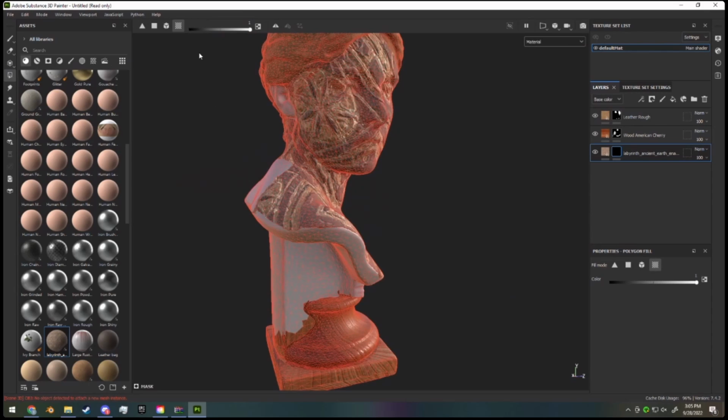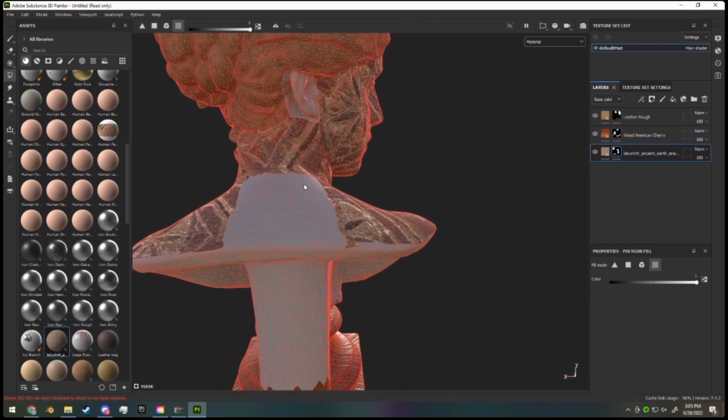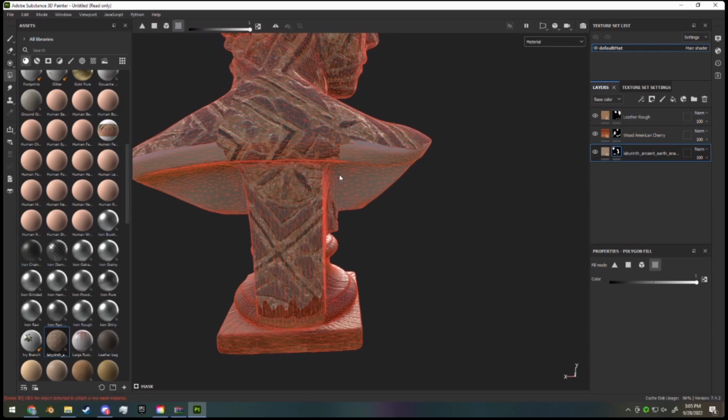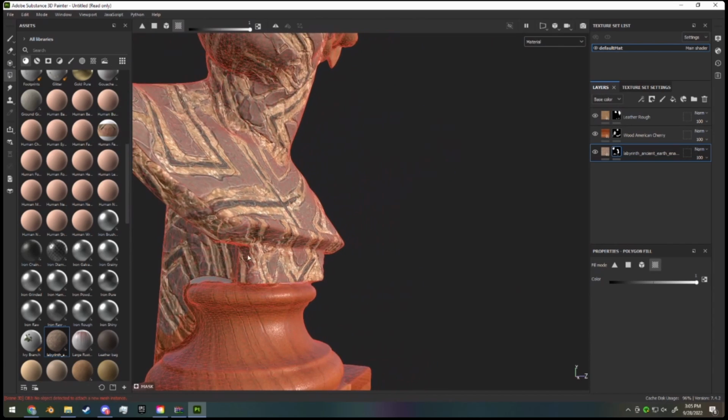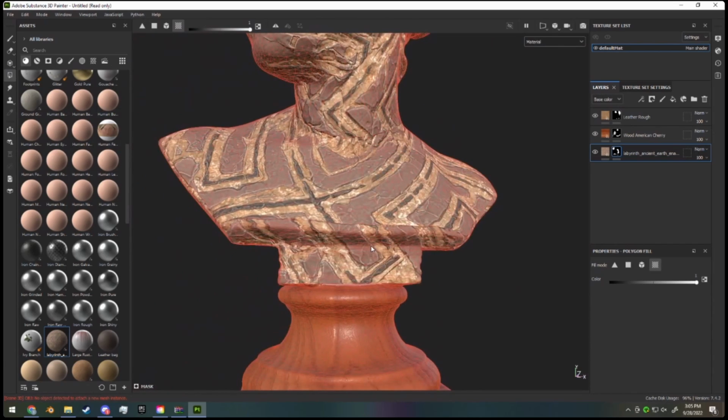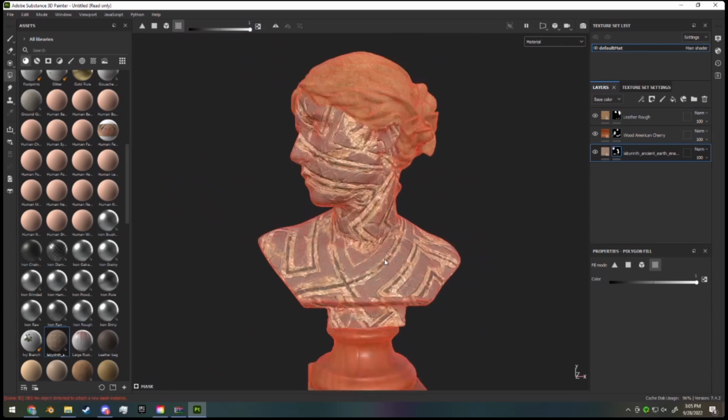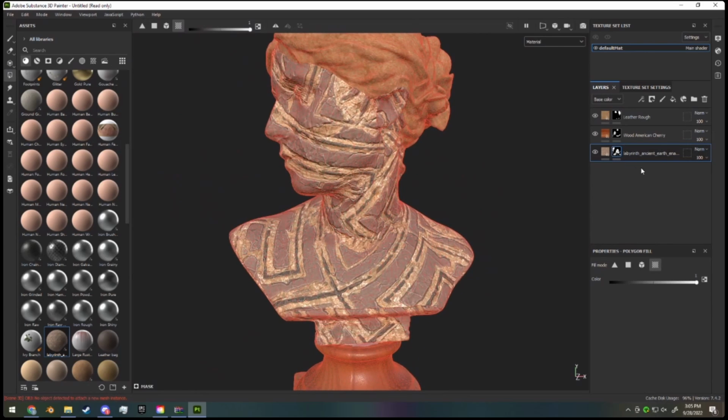You can also select by this button up here, which does UV island. This one does the entire mesh, and these ones do triangle select or square select. I'm doing UV islands, which I usually end up doing for rough out anyway, because they are very quick to select. And then I can come in and I can start